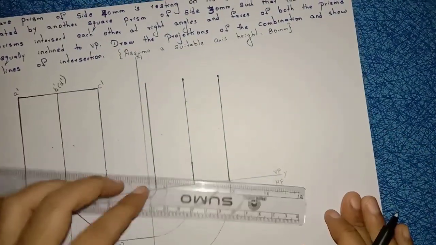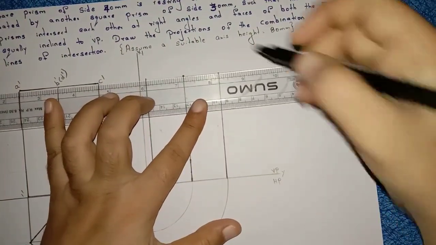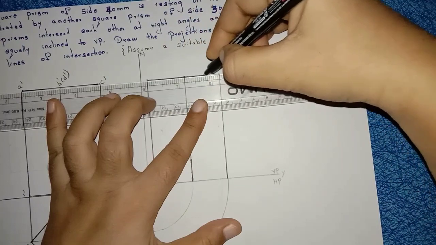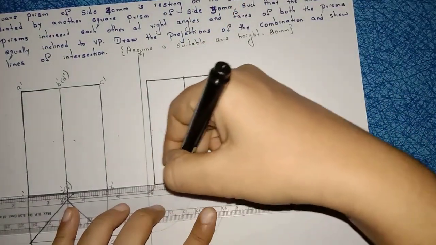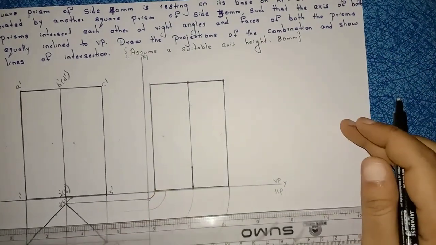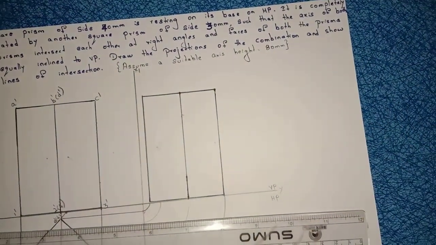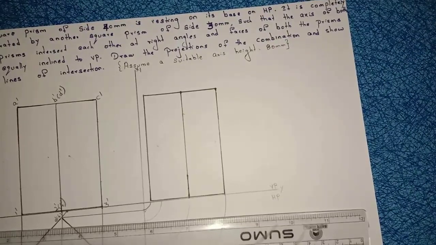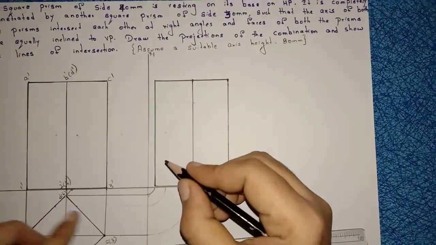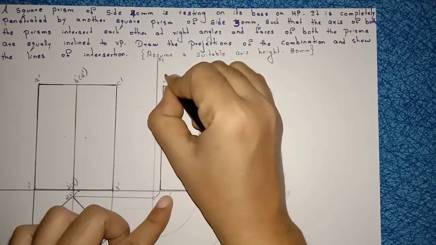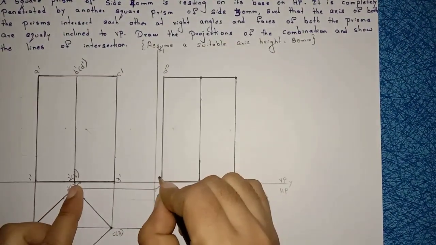Take the axis height 80 mm, join this one here and again join this one here, right? So this is your side view. So we have to mark the points also, no? See here we are projecting D of 4, right? So side view D double dash 4 double dash,